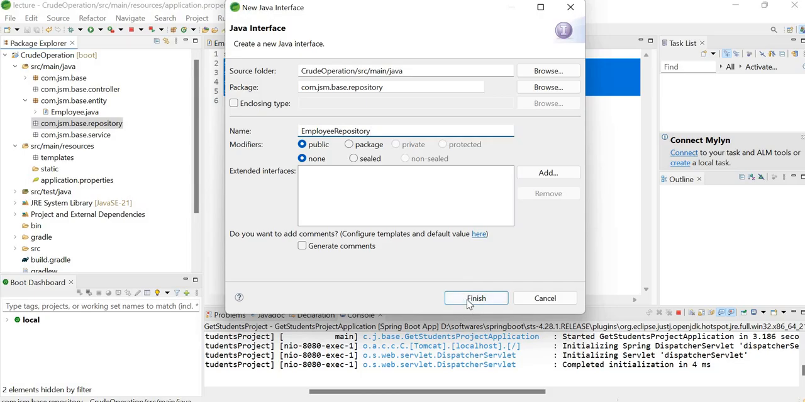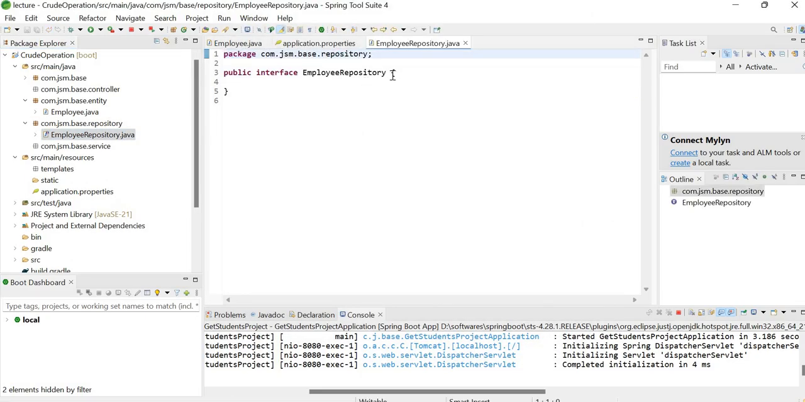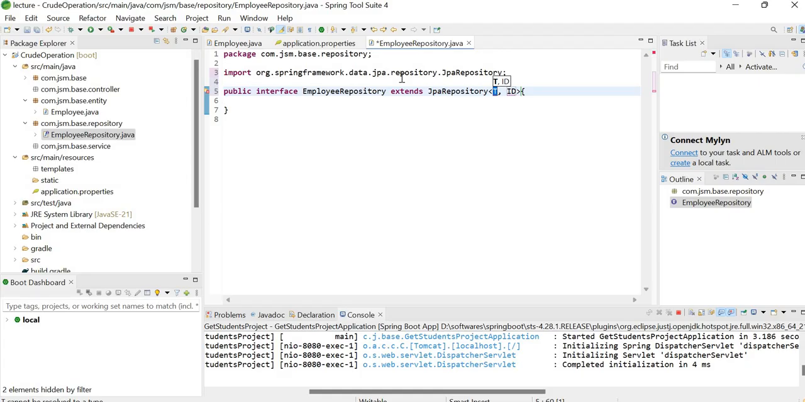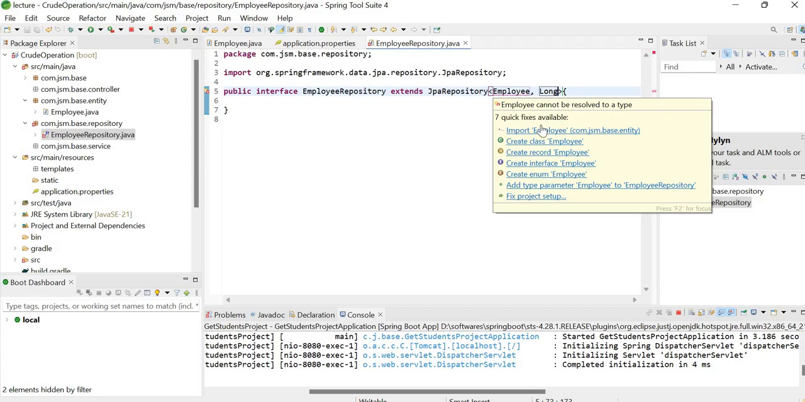Yeah, so the EmployeeRepository interface, and this will extend JpaRepository. So for this JpaRepository, we have to pass these two arguments. First one is your entity name, that is the type Employee, and second one is the ID. What is the type of that ID? That is Long. So here we have to import this Employee